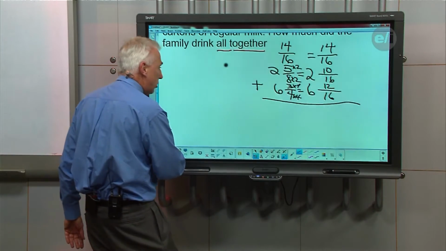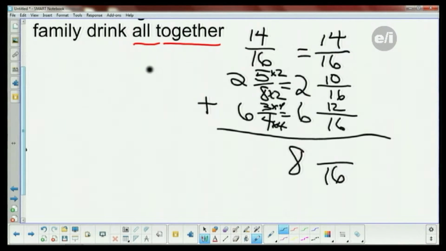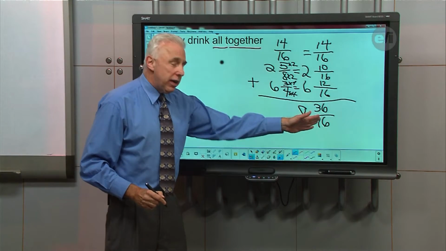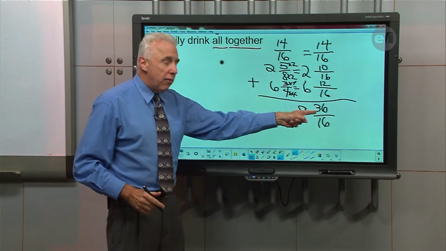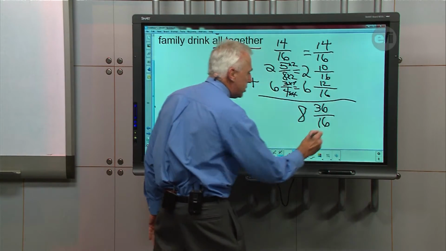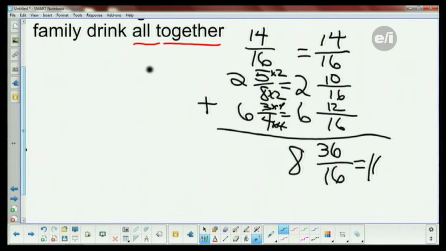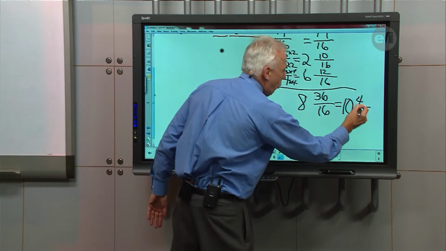We'll add up our whole numbers first, and now I got my 8. Keep the denominator 16. Now we add up the numerators. Well, 14 and 10 is 24, and another 12 is 36. Okay? So now we can reduce this. I'm sure the person who sent this one, and I hope they're watching, knows that we have to reduce this. Whenever the numerator is larger than the denominator, we know to reduce. Well, 16 will go into 36 twice, so we'll add that 2 to the 8 there, and we'll have a remainder of 4. Now again, we could stop there, but we should simplify it as far as this will go. 4 over 16 can be reduced.